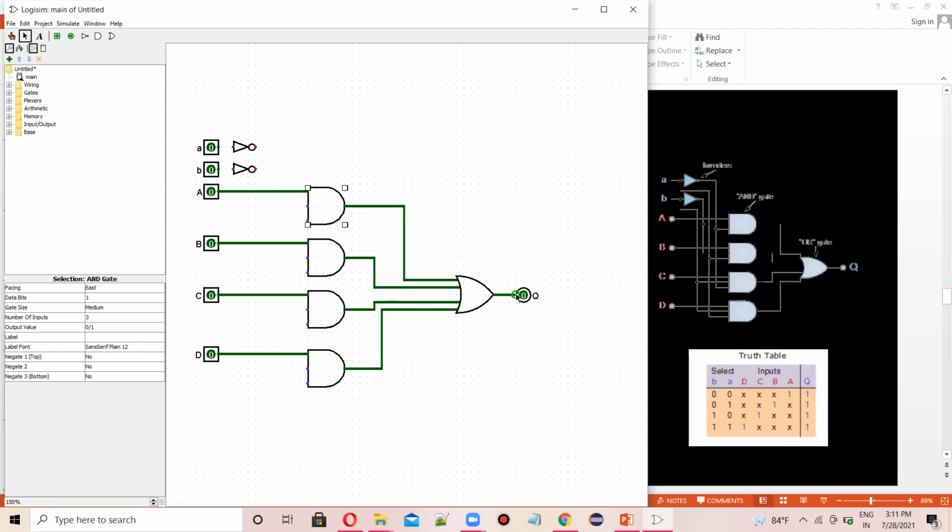Now we have to connect the selectors accordingly. So we have to connect it very carefully, otherwise we will face some problems. So let's start from here. First of all, let's start from here.